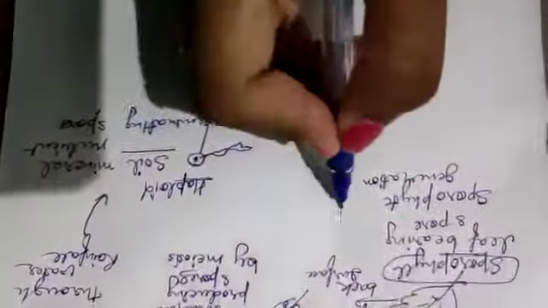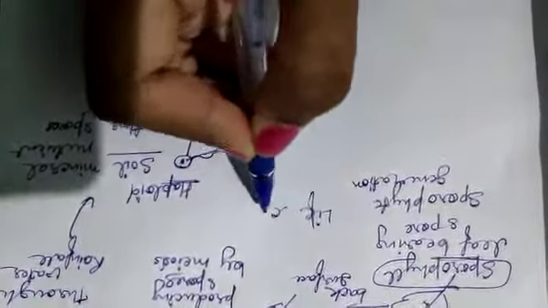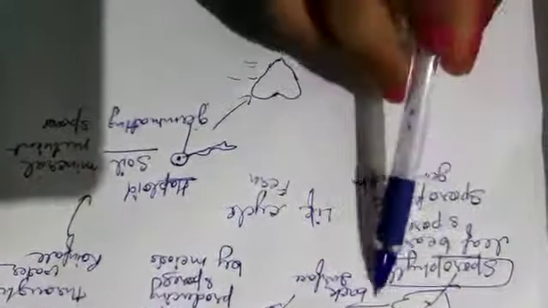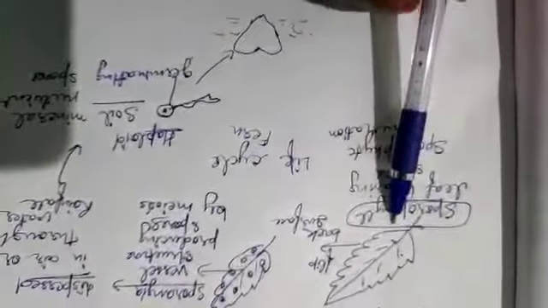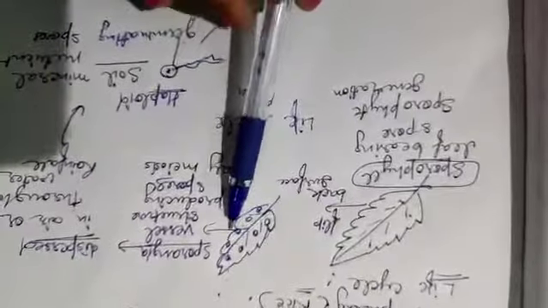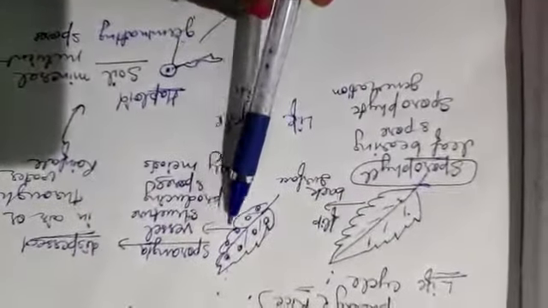So we were discussing the life cycle of fern. In the life cycle of fern, we have studied till the sporophyte, which is green and leafy, and at the back side of the sporophyte there are the sporangia, which are the spore-bearing structures, and meiosis is taking place and haploid spores are produced.